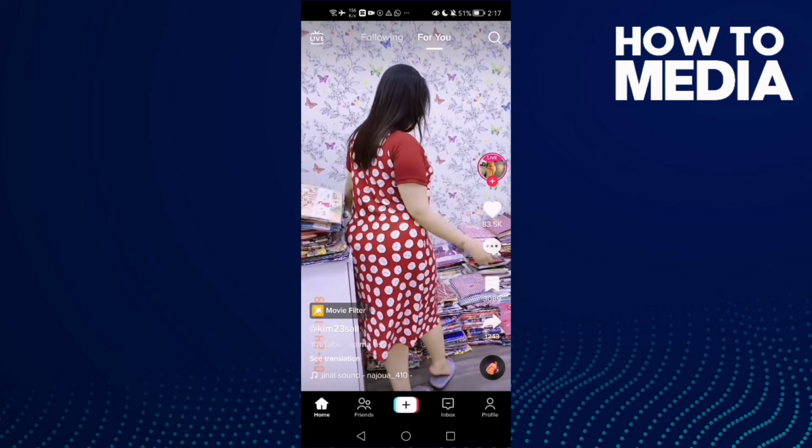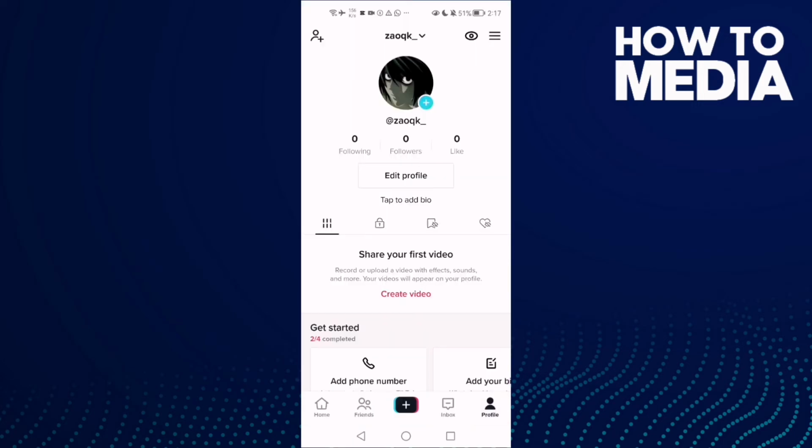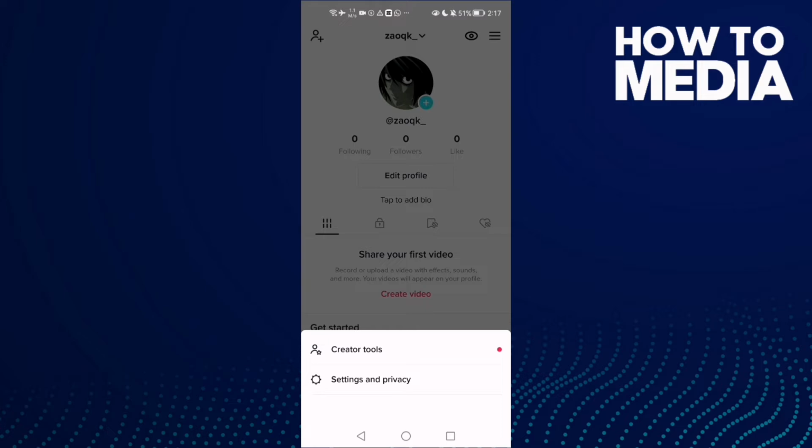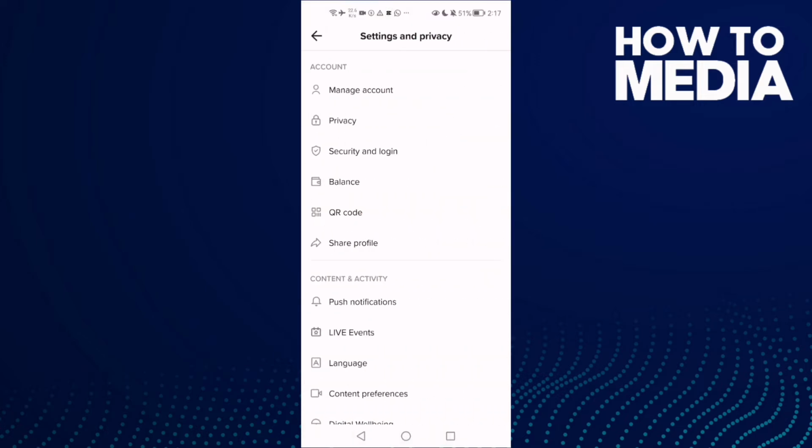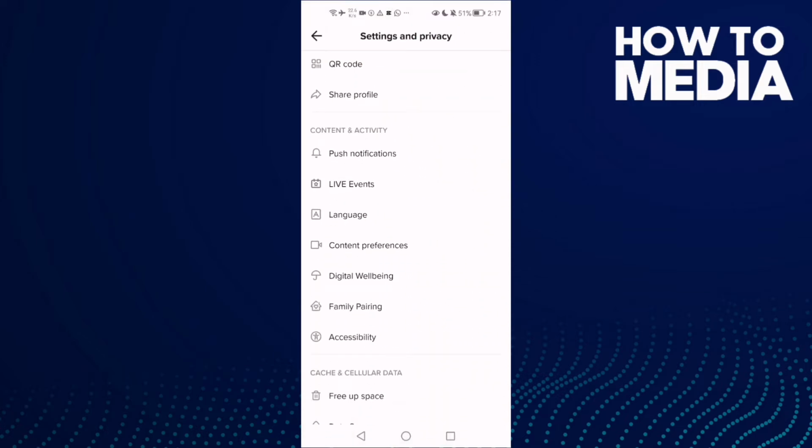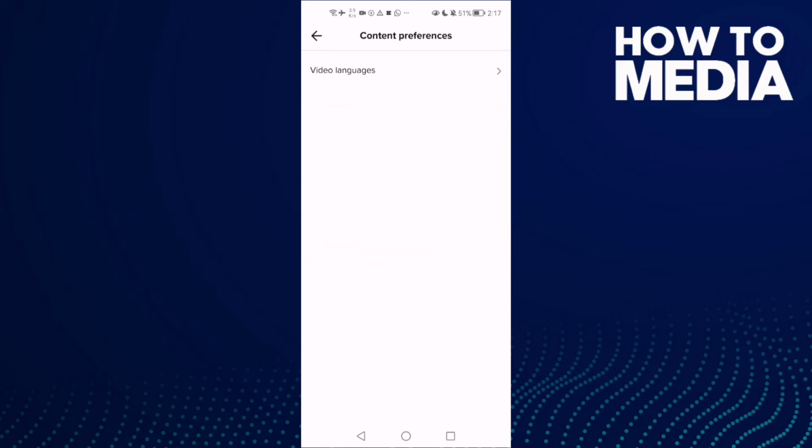Here you will find profile, click on it and then click the three lines here, and now click settings and privacy. Scroll down until you find content preferences and then video languages. And now all you need to do, if you want to remove it,